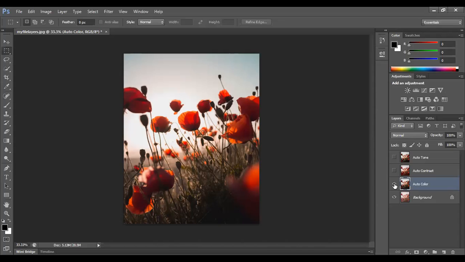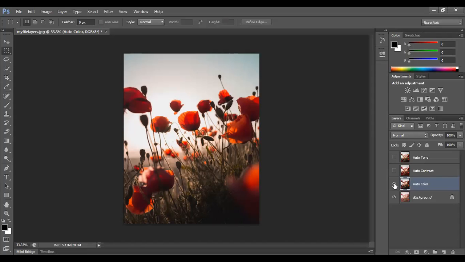Now what do I mean by midtones? So see, there are three kinds of concepts up here. There are highlights, which are all the bright colors. So here, in the very middle of the image, you'll be able to see a sky color which is pure white. That is called a highlight. On the bottom right, the kind of black that you can see is called a shadow. And all the colors in the middle can be called midtones. So the difference between auto tone and auto color is that in auto color, I am neutralizing all the midtones. This makes auto color one of the best choices if you want to correct color problems and also boost contrast together.